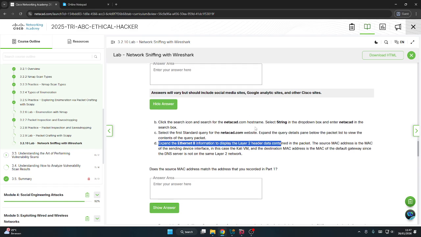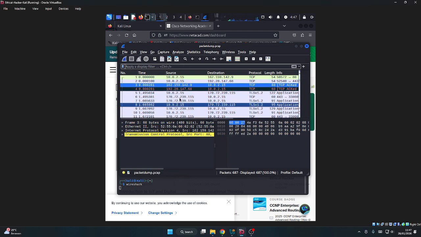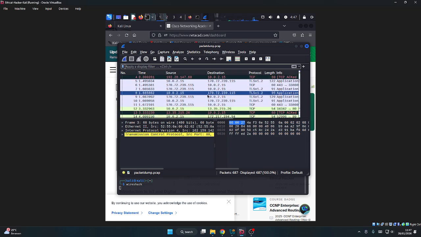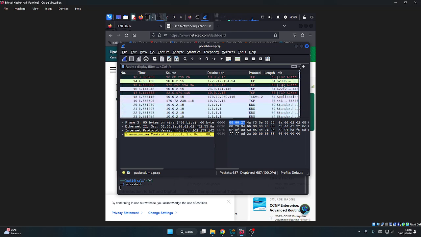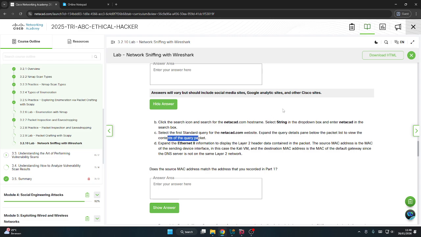We will try to understand this. Select the first standard query, the Netacad.com website, expand the query details, and look below the packet list to view the contents of the query packet. In this query, it must be Netacad, but I cannot find it. If we find that, we will expand the Ethernet 2 information to display the layer 2 header data